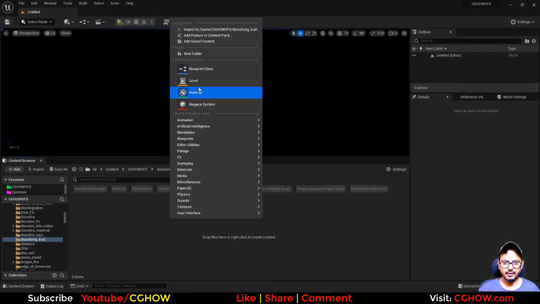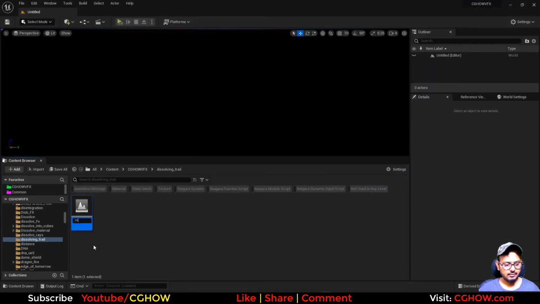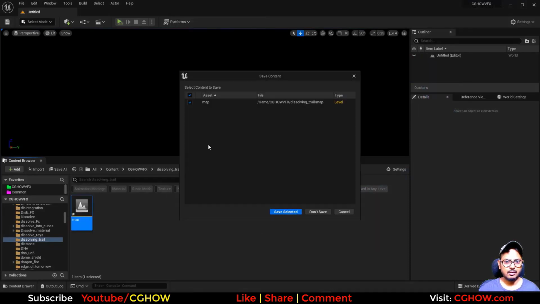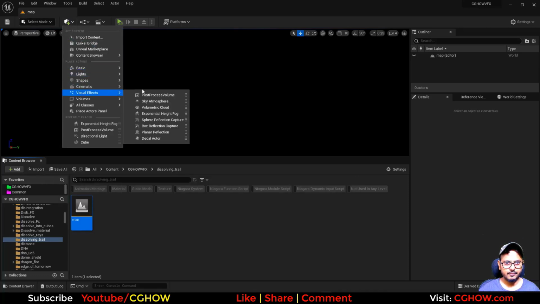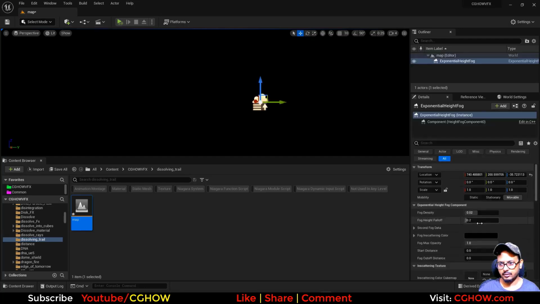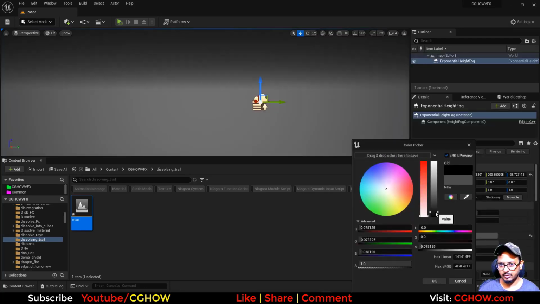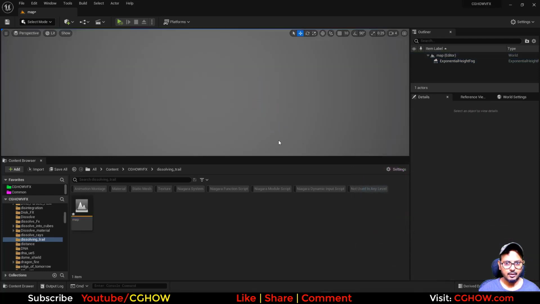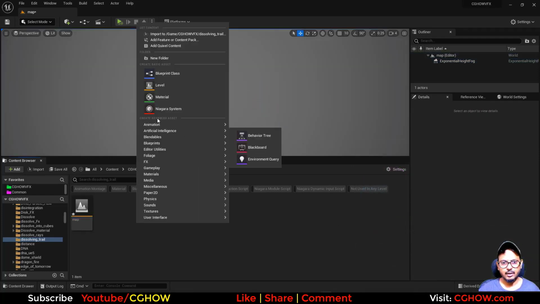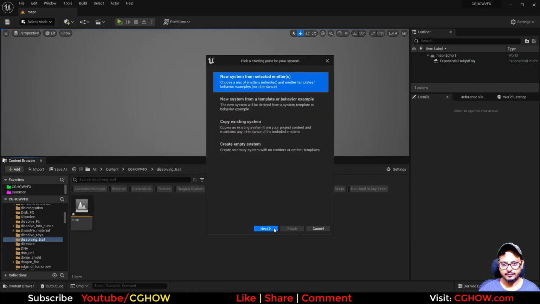So first I'll create a label and just a gray color. So I'll take first exponent for gray, and that's it. Okay, and now I'll just create a Niagara